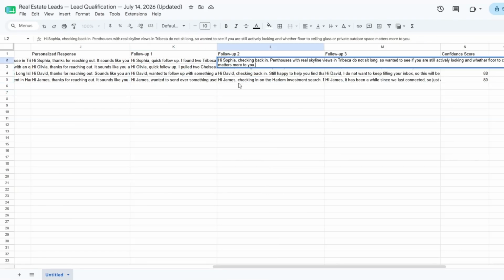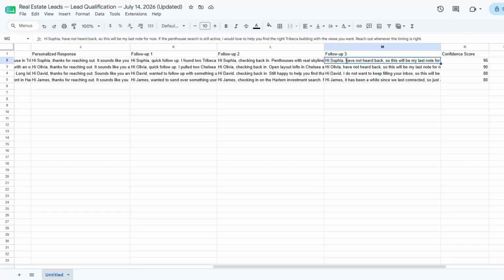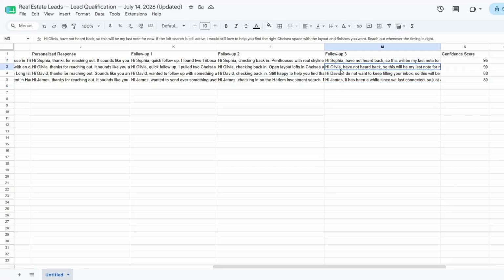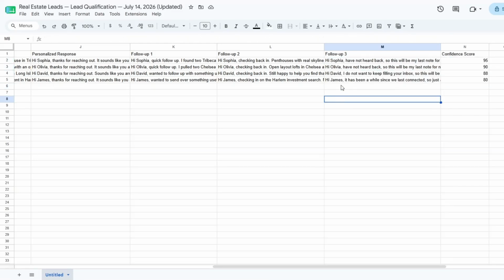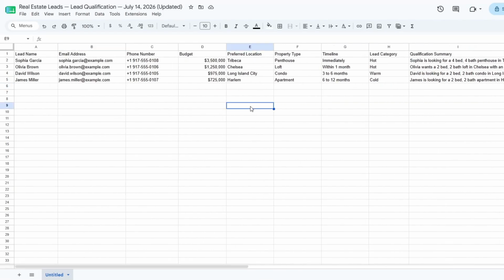Then you can see the second follow-up emails that we can send each and every single one of them. Then the third follow-up email that we can send each and every single one of our leads. And then lastly, we added their confidence score. This is really impressive. So we succeeded in qualifying our 4 leads